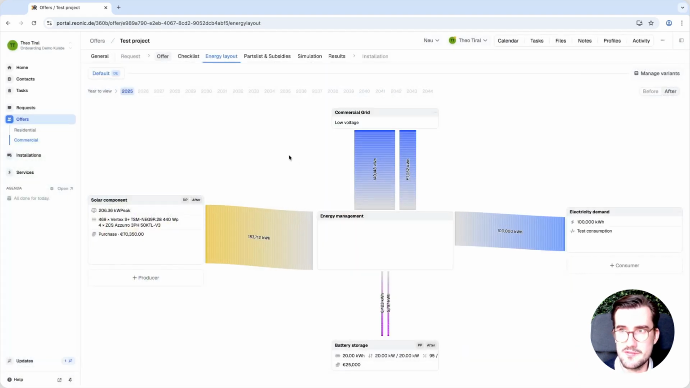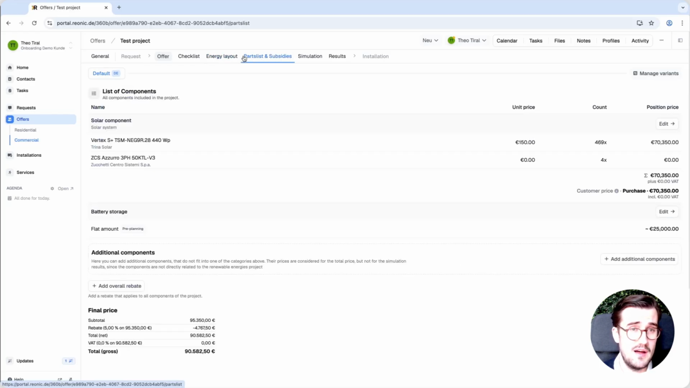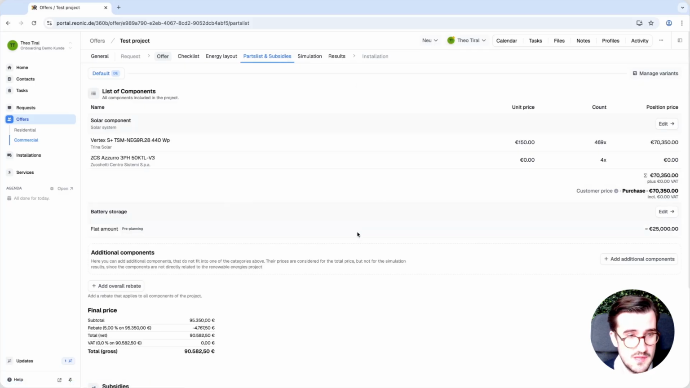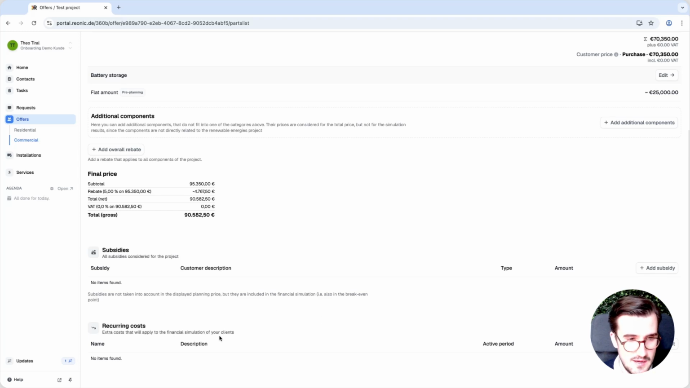What is different as well? I mean, after we've finished our energy layout, we do have a part list and subsidies section where we can see all the components that we've planned. If we scroll down, we have subsidies and also recurring costs that we can account for, which is super nice. So something like a bank loan or just a recurring cost that we want to account for can be done